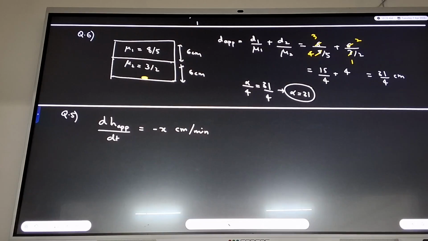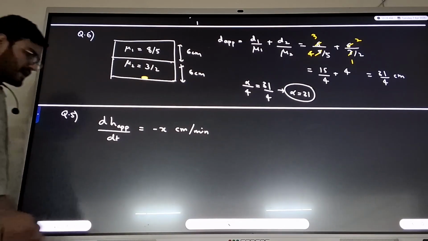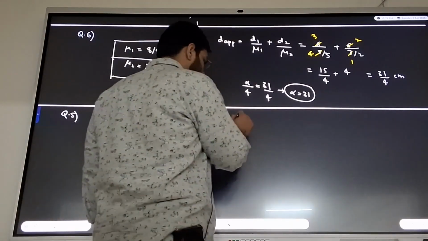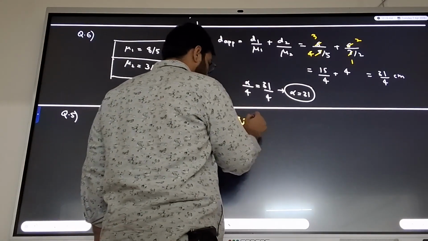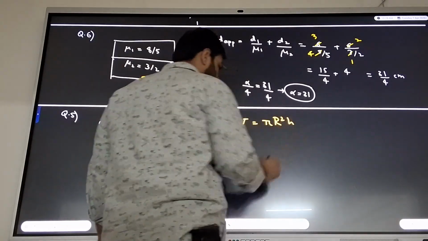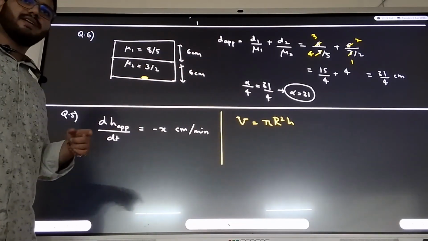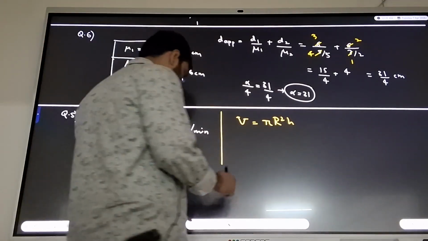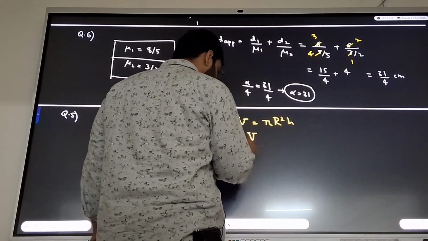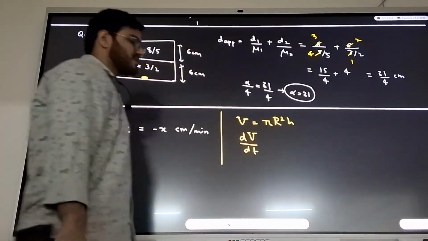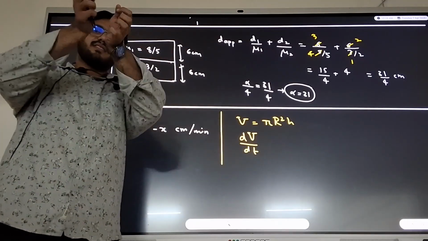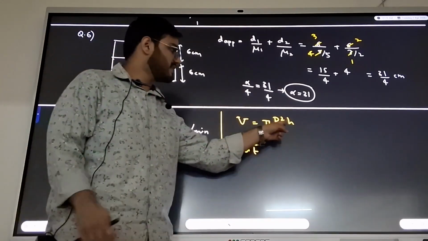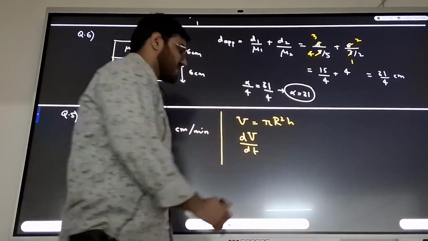What is the volume of the cylinder, by the way? Pi r square h. What is the radius of the cylinder given to be? R. So volume of cylinder is pi r square h. They are asking dV by dt, na? In the question. Yes or no? Instantaneous means dV by dt. So I have to differentiate this. But what is the radius? Will the radius shrink? No, na? Only the height of the column will decrease. So the only thing that will change is h. So pi r square is a constant. It comes out